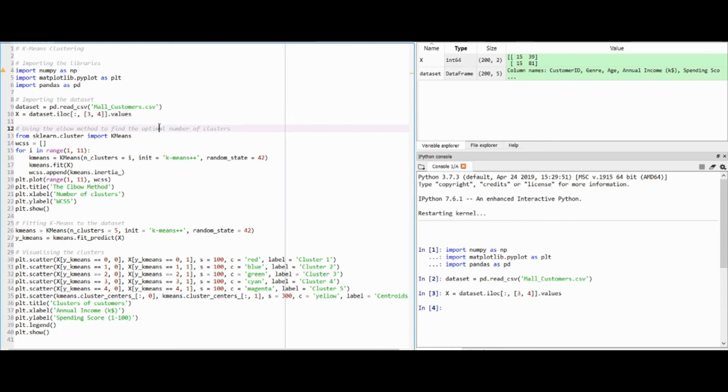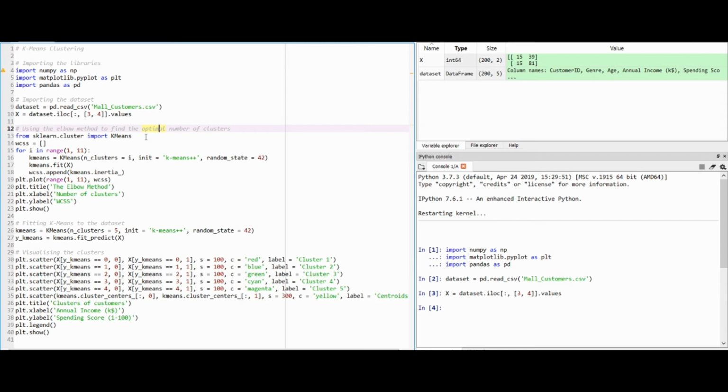Now after this, we have to decide the number of clusters we want for our algorithm. For this we will use the elbow method. So we will use the sklearn.cluster module and import the KMeans class.